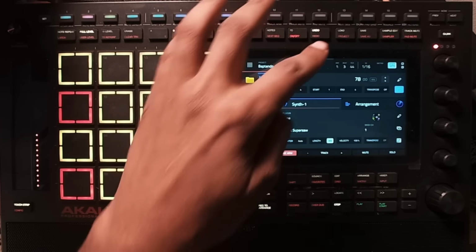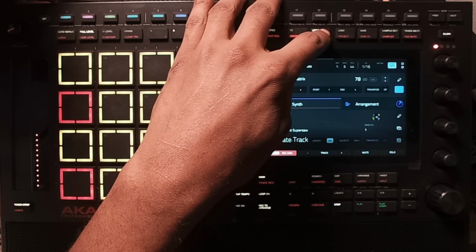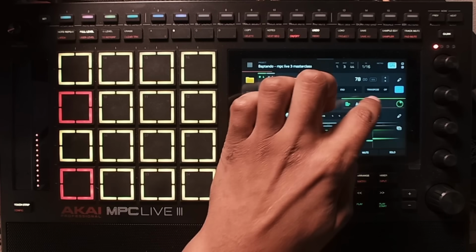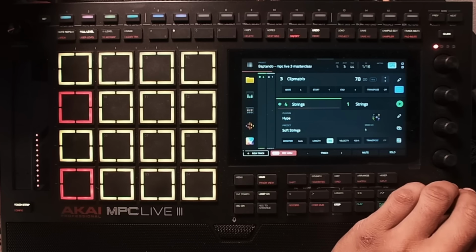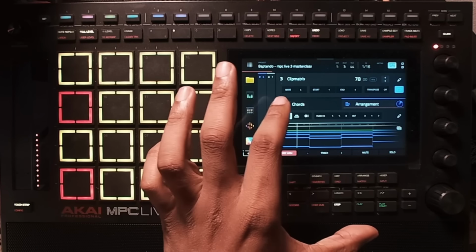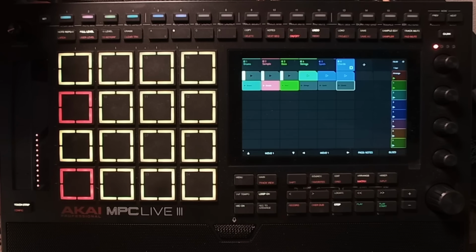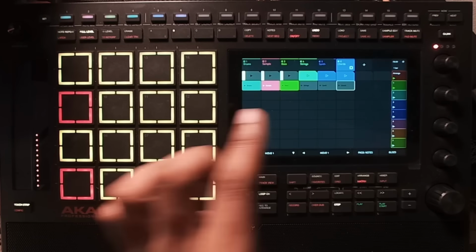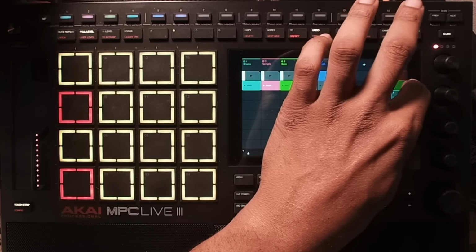And if you make a mistake of duplicating the tracks, you can always hit undo. It'll undo the duplication. So go back into the arrangement here, go to the next. It will automatically move over anyways. Go to the next track, go to the arrangement, duplicate it. Now let's go back into the clip matrix, and you can see now you have clips that are generated. So if I was to press play on this,